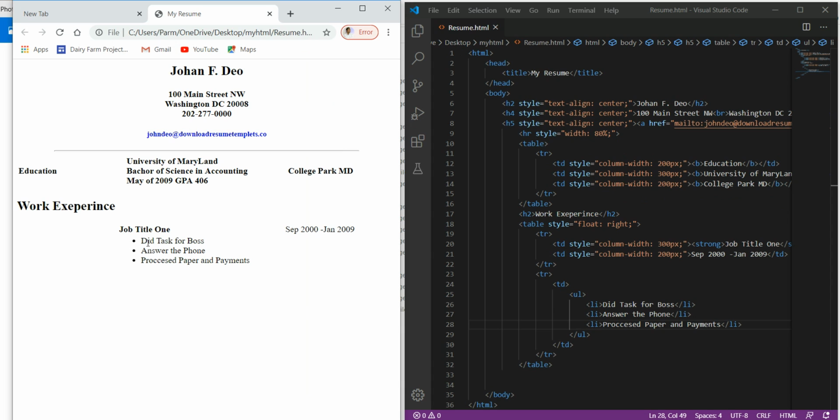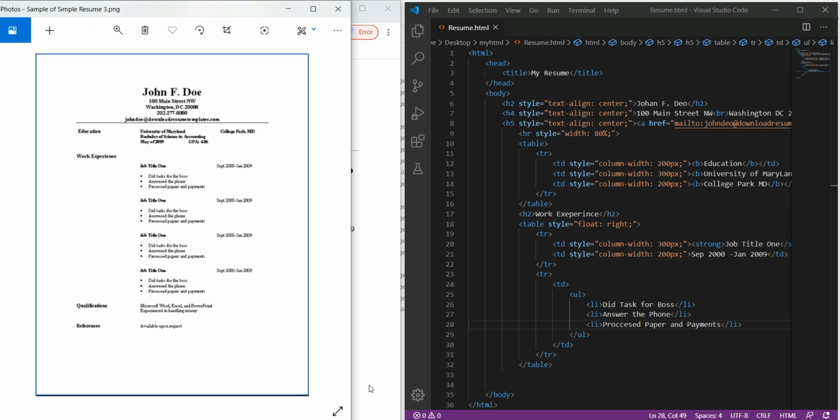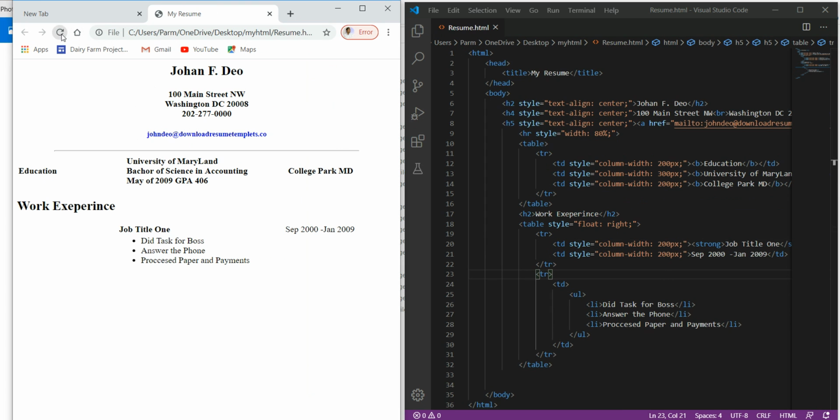So see, because this is indented equally over here, I'm just reducing its size to 200 pixels over here. So control S. Okay, this way we have to arrange this.